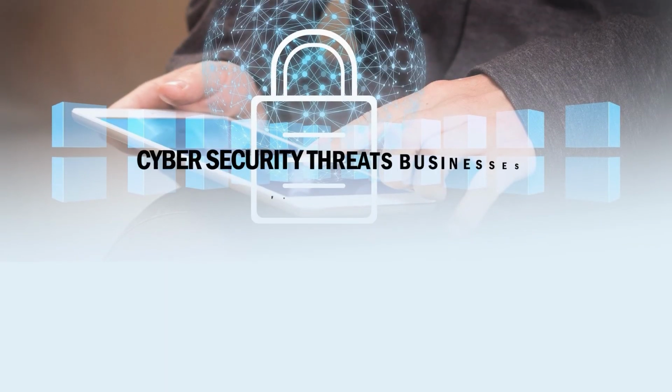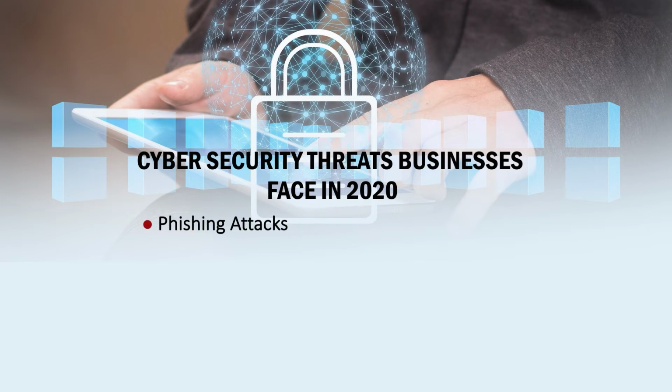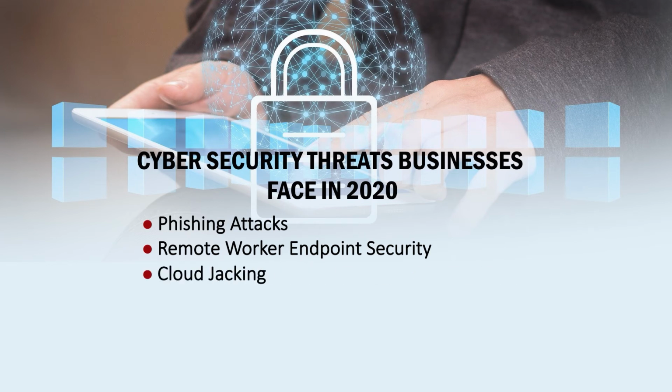And when you talk about cyber security threats in 2020, I think the phishing attack is one of the routine things which is going on. Remote worker endpoint security, then cloud jacking is there. IoT devices had come up, because the Internet of Things is a new model, and the whole world is right now talking about the Internet of Things. So the Internet of Things is really the Internet for everything. And when you're talking about the Internet for everything, a lot of things are penetrated, and the footfall is very high.